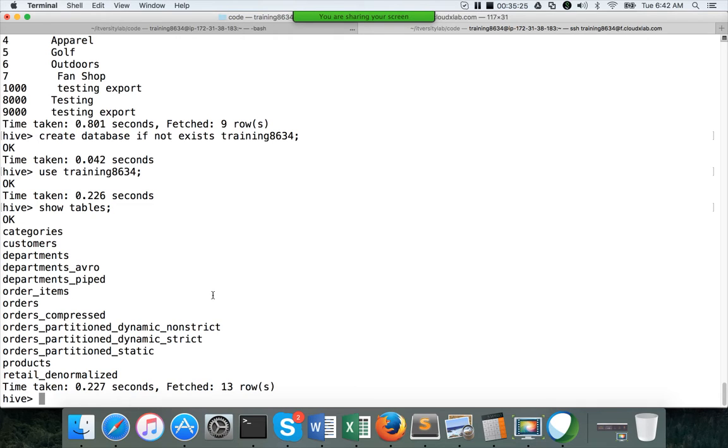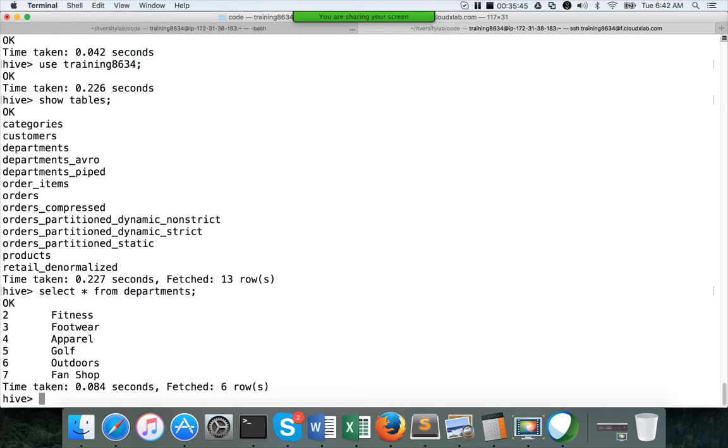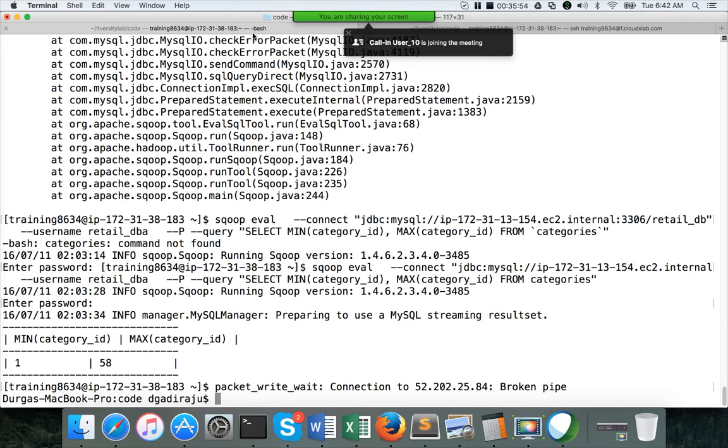If you use if not exists in Hive and the database already exists, it will just ignore; if it does not exist, it will create it. The database already exists, that's why we see all these tables here, and you can say select star from departments and hit enter. So there are six tables. Now we will try to connect to MySQL.